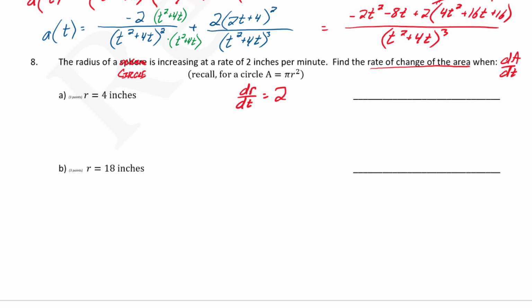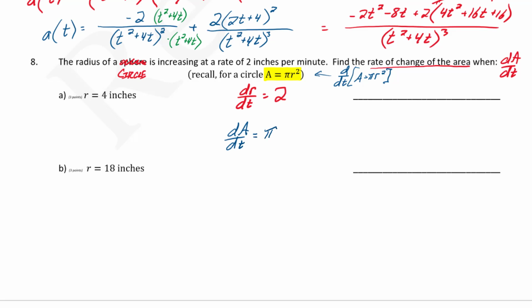It's actually provided in case we forgot the area of a circle. Probably did remember that, but the area equaling pi r squared for a circle shouldn't be too big of a stretch, but again, it provided it for us. So now I just do my derivative of that with respect to t. So it's really just going to be d over dt of that expression, A equals pi r squared. If I take the derivative with respect to t, A is just going to turn into dA over dt,